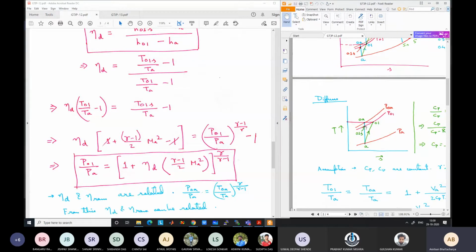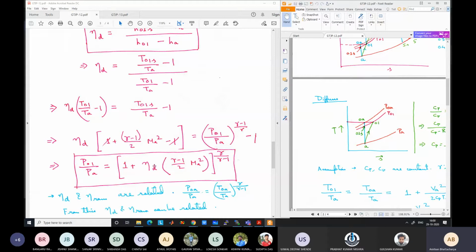T01s by Ta is (P01 by Pa) to the power (gamma − 1) by gamma, for this isentropic relation from A to 01s. So (P01 by Pa) to the power (gamma − 1) by gamma, minus 1. From here you can relate what is P01 by Pa if the diffuser efficiency is known. This is just rearrangement of the term. So this 1 you can take to the other side: 1 plus eta d (gamma − 1) by 2 Ms square, whole to the power gamma by gamma − 1. So if you know the diffuser efficiency and the inlet Mach number, you should be able to get the actual